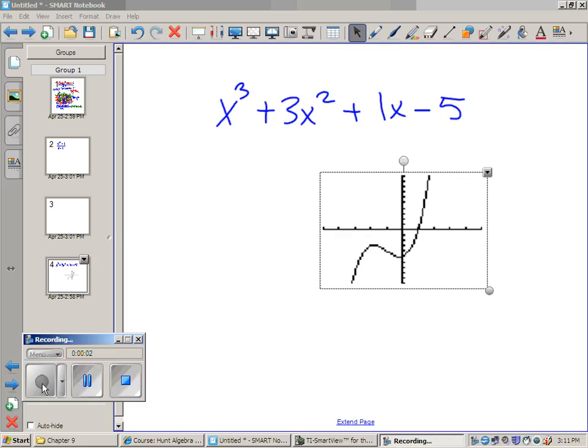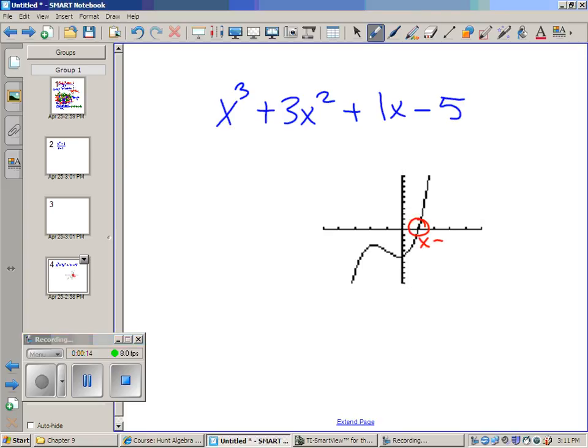Okay, so when I graph this polynomial x cubed plus 3x squared plus x minus 5, I notice on the graph that I have a 0 here at x equals 1. And so what that tells me is that x minus 1 is one of the factors. I don't know what the other factor is, but I know that x minus 1 definitely goes into